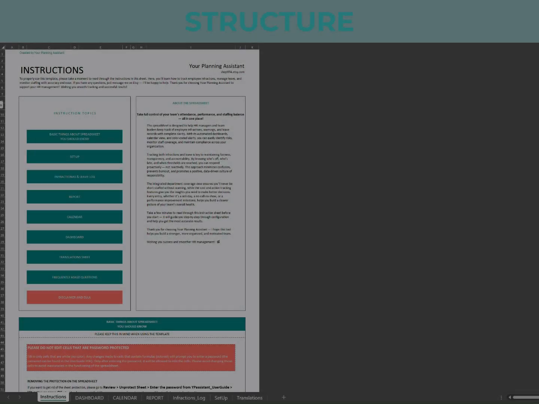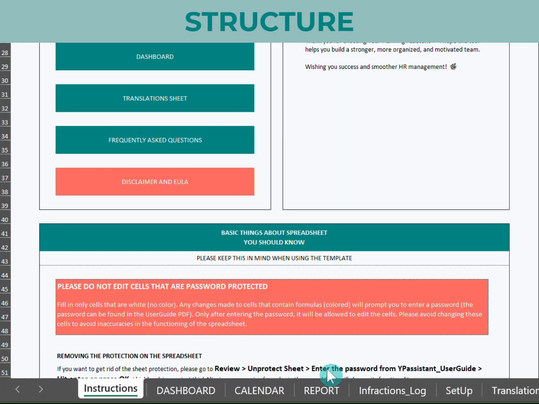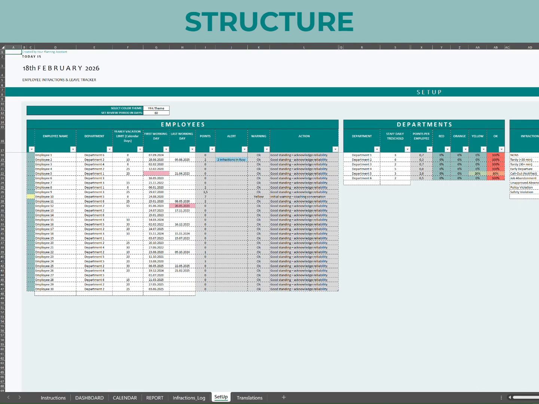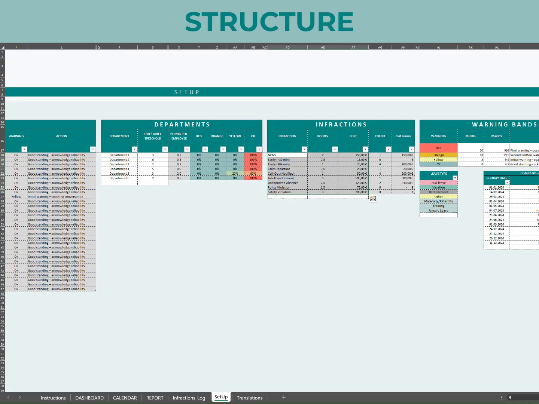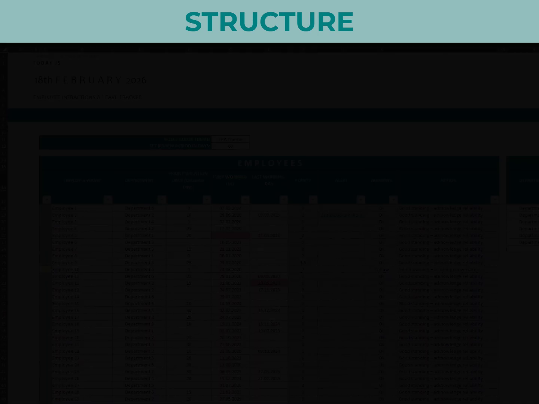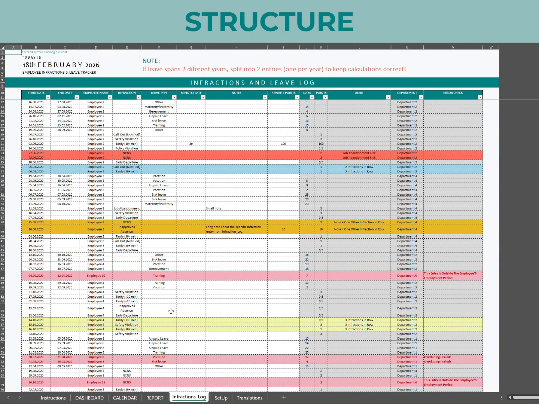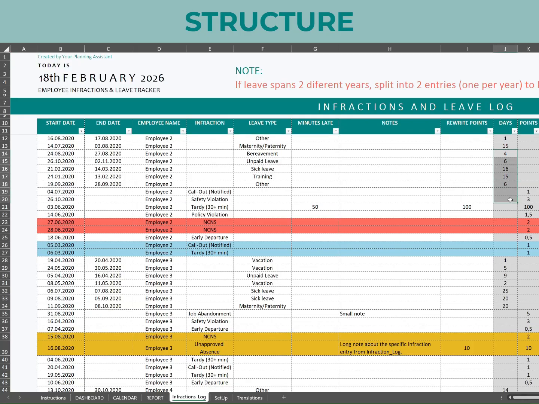This toolkit is built on 4 main interconnected sheets designed for structured data entry and retrieval. First, the Setup tab establishes your policy parameters, defining infraction weights, leave types, and employee data. This is your master sheet, ensuring consistency across all logs. Second, the infraction log sheet captures specific incidents and leaves, automatically tallying points against defined thresholds and calculates staff coverage